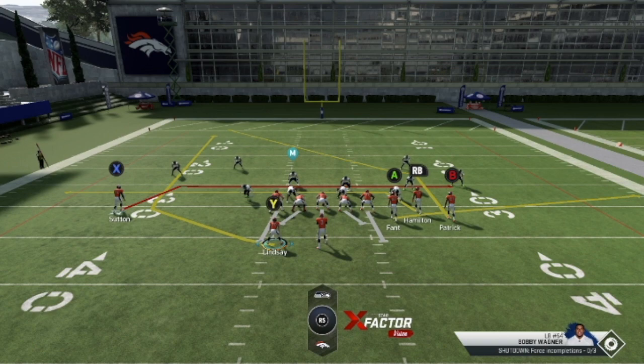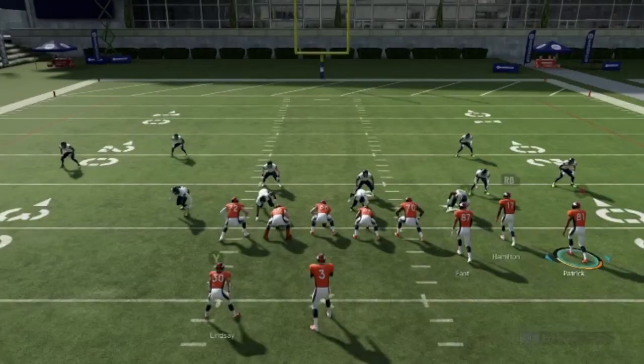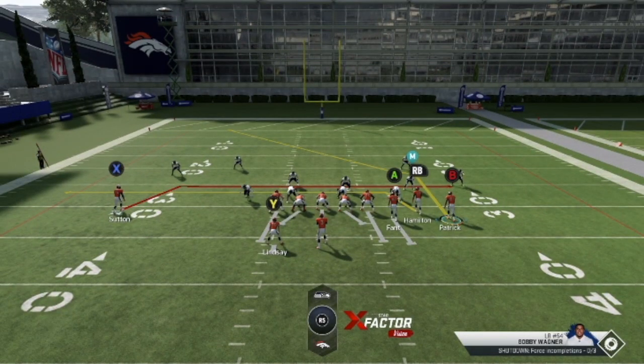But like I said, that's going to bring the drag for the RB to get open in a little pocket. And then backside, we have this little post over the top if they do play underneath. If it's an extreme heavy blitz, you can just max protect like this and have those two underneath routes with the post behind it. But let's go ahead and run the play stock versus random coverage, and let's just try to hit something